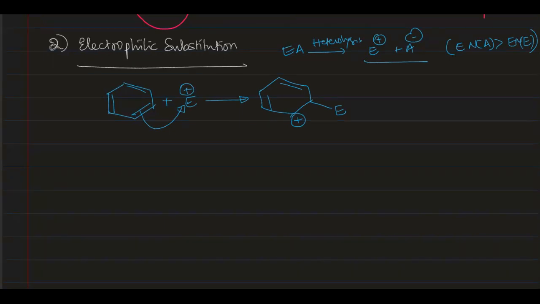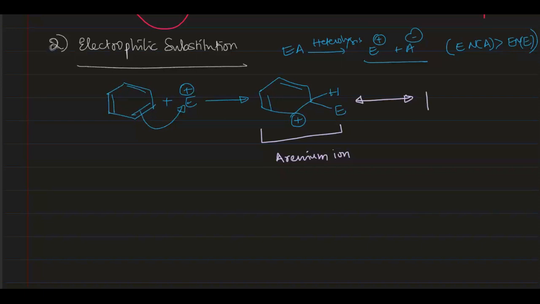This bond now has a new connection to electrophile E. Now positive charge on electrophile is nullified because the bond pair electrons of this is donated to electrophile, and there is one hydrogen here which is not shown here, but it is present. Now this is an intermediate. This is called arenium ion, and the intermediate has a resonance also.